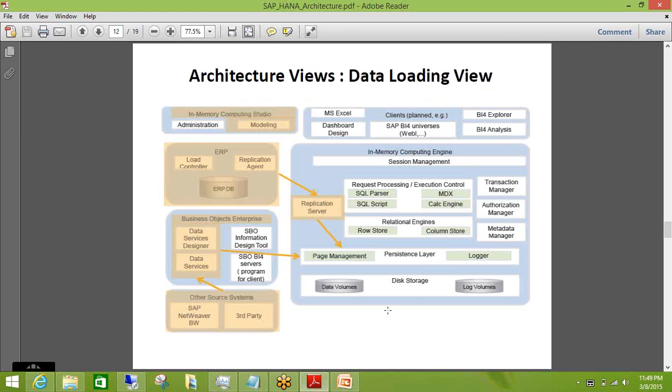Now this slide is very important. This is talking about data provisioning or data loading. What is data provisioning or data loading? When we are talking about data provisioning or data loading, basically we are extracting the data from the source system. What could be your source system? ECC, BW, or a legacy file system or a mainframe system. From there you are pulling the data and loading it into the HANA DB. That is called your data provisioning or data loading.